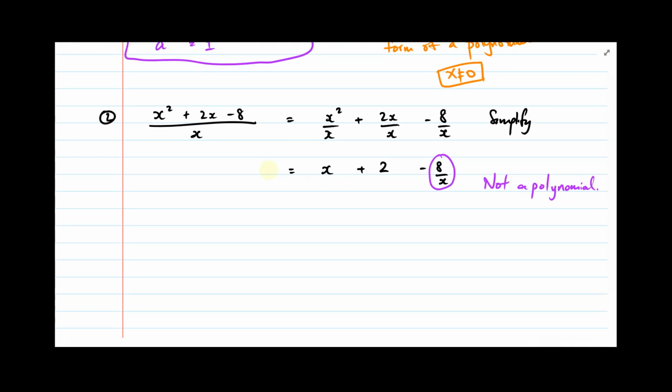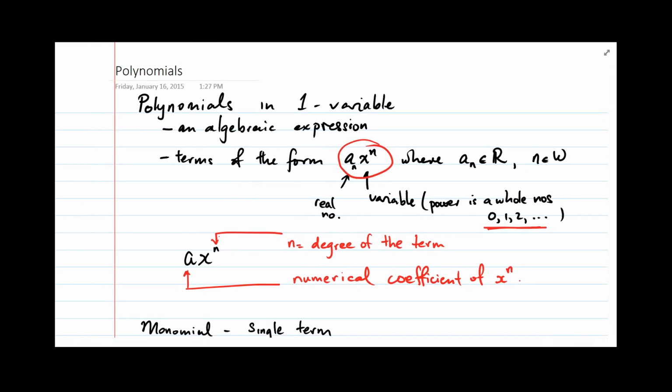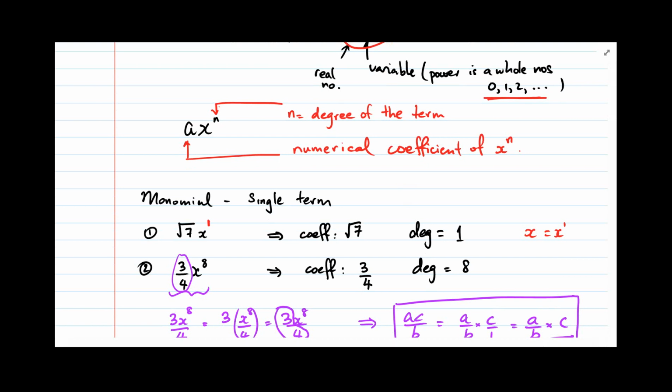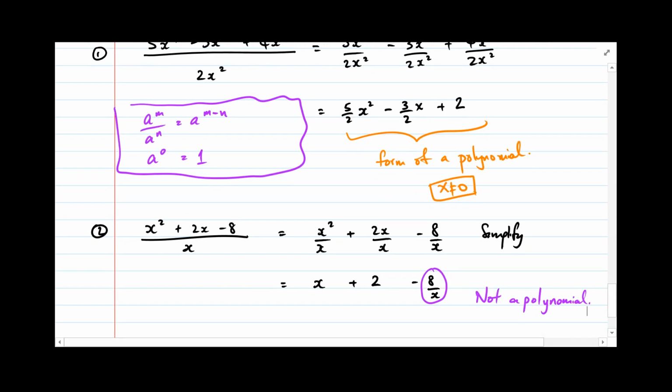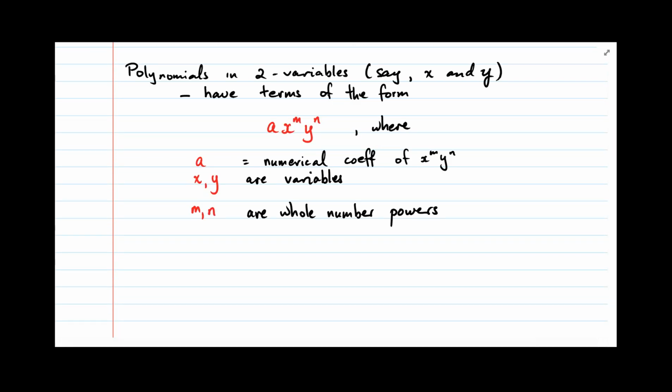So far, if we go back, we've been looking only at polynomials in one variable, which is what we will be looking at the majority of the time. However, we are going to go on and now look at polynomials in two variables. So let's see how the definition changes, if at all. If we're looking at polynomials in two variables, and let's for the time being just call these two variables x and y, they now have the form